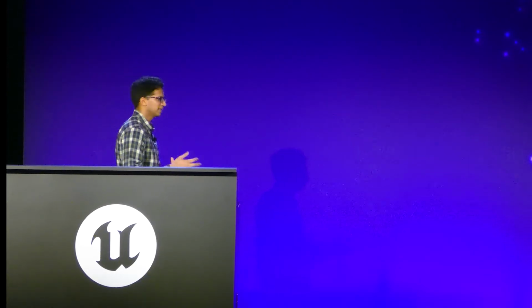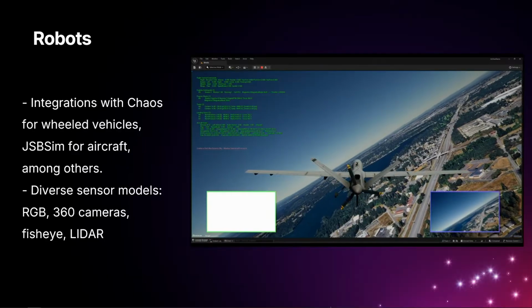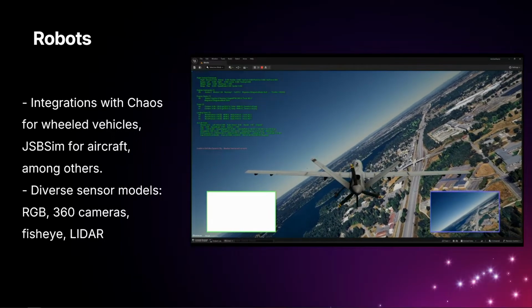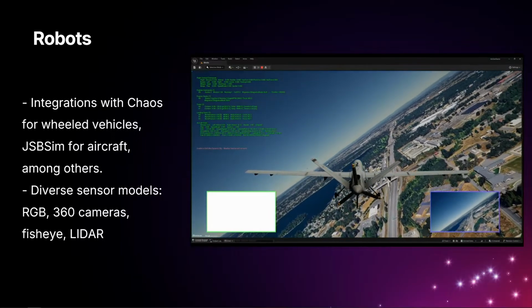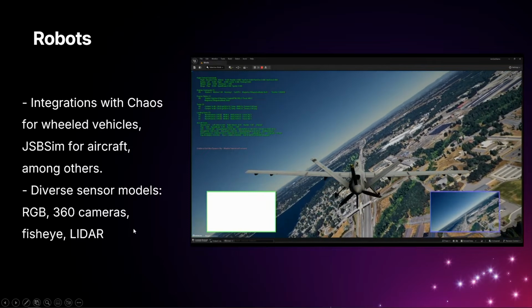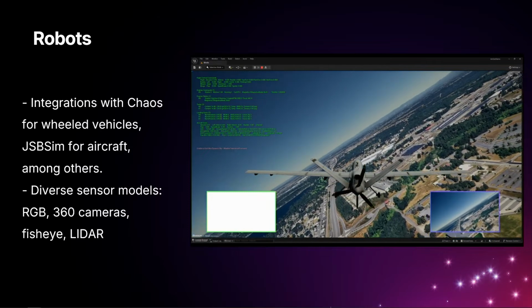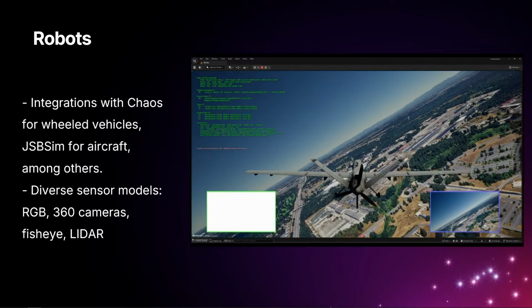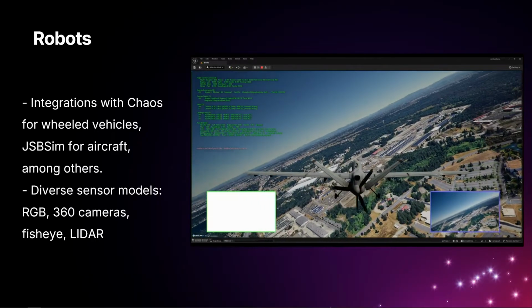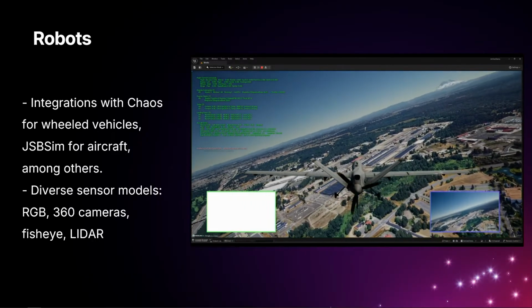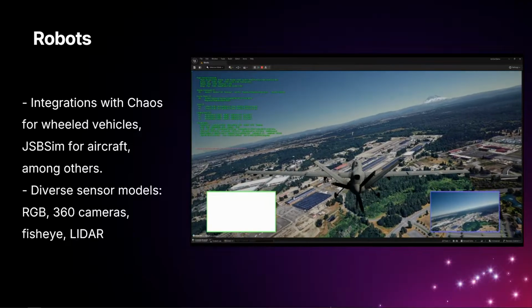Unreal has done a great job in supporting JSBSim, which, for those of you who might be aware, is an open source flight dynamics model, essentially, and it's supporting a flight simulator called FlightGear, which is popular out there as a free, easy to use flight sim. What I'm showing you in this video is a drone that is using JSBSim through the Unreal integration, flying over Google Maps being served through Cesium. So there are a lot of things coming together for a very interesting use case.